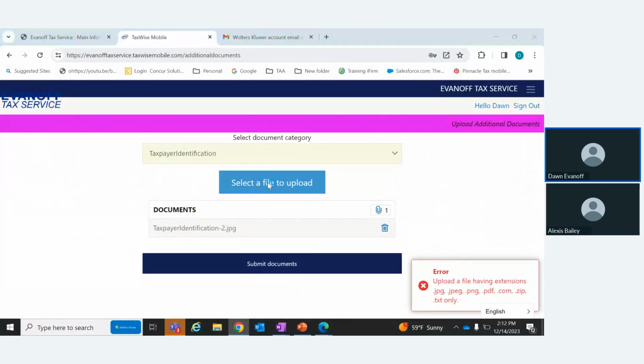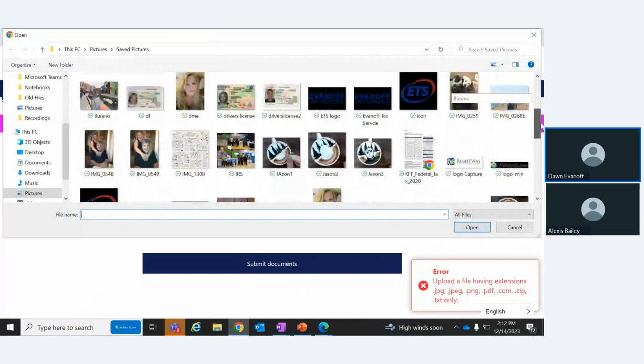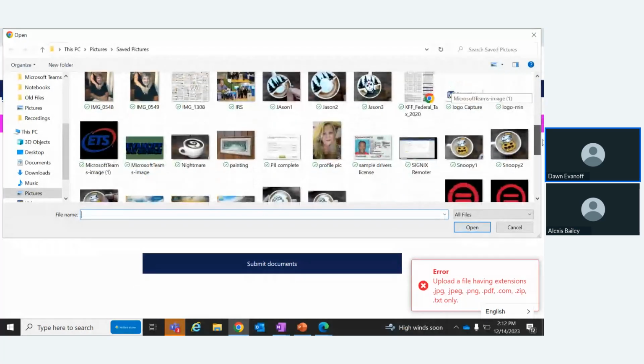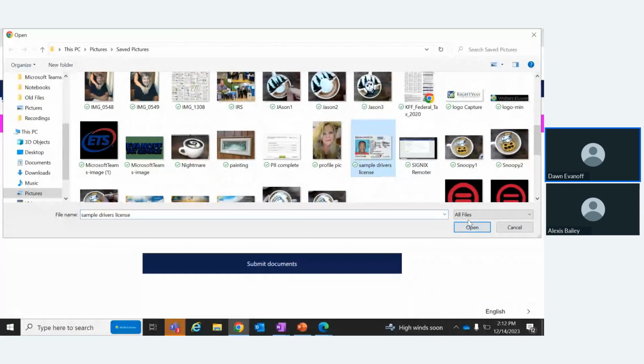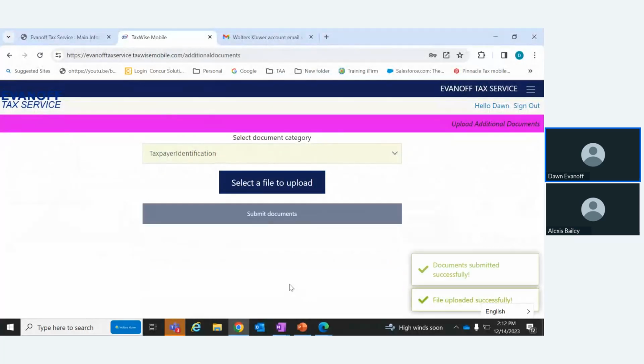Somebody's helped me and added other ones in here. There's this one. I know that one works. I use that one all the time. So then there's the 2 driver's licenses. So they can do it at the end, but, and again, if they have it all in one file, so